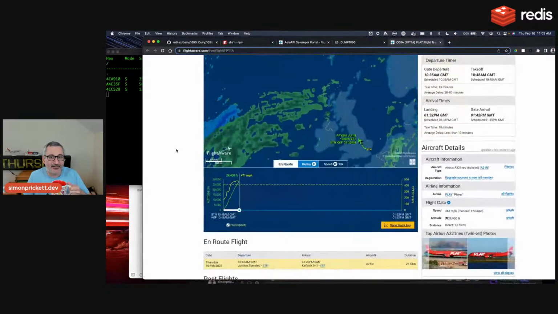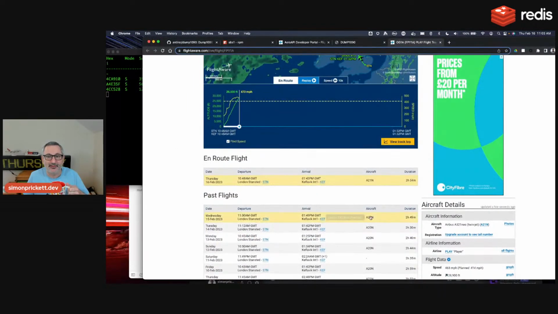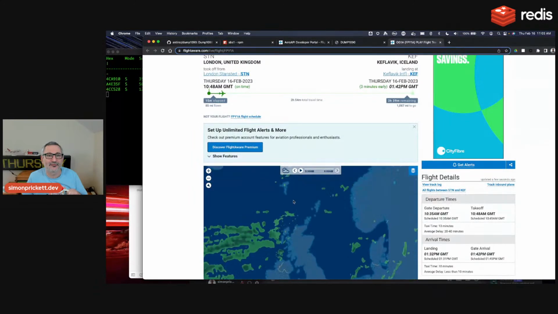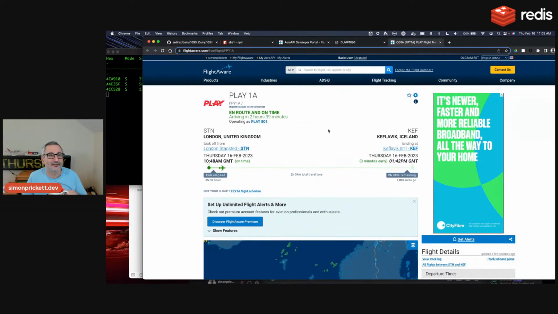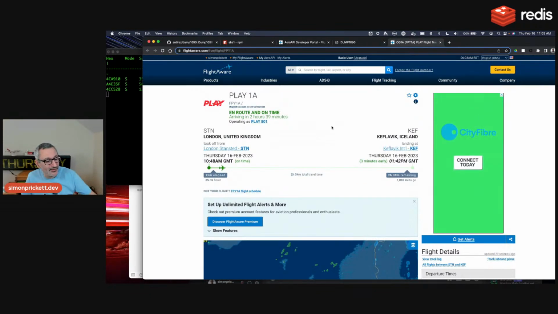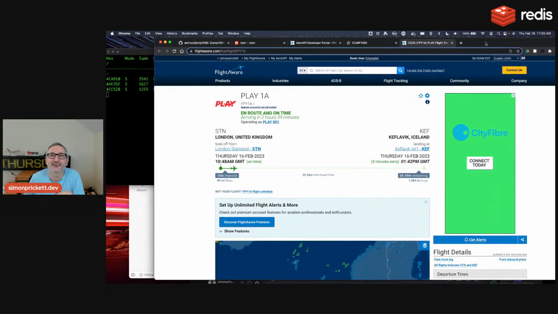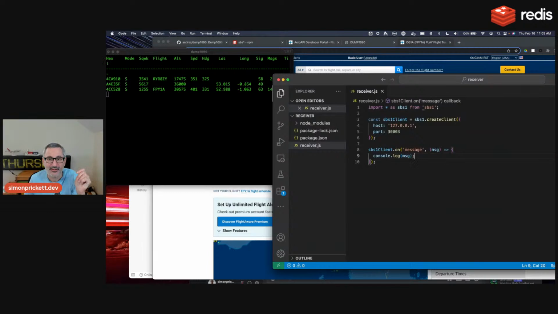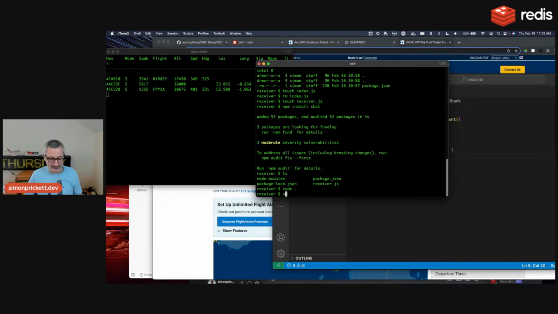And FlightAware can tell us all of this stuff about this. So it's an A320neo, so that's like the newer version of the A320 with bigger engines, and they can tell us who it belongs to and all of that stuff. So we can get this from their API. And this is exactly the sort of stuff we want to track. But first steps first, we need to actually read the radio messages. So going back to here, dump1090 has got that port 30003 open, and hopefully when we take our code here and do something with it, so let's